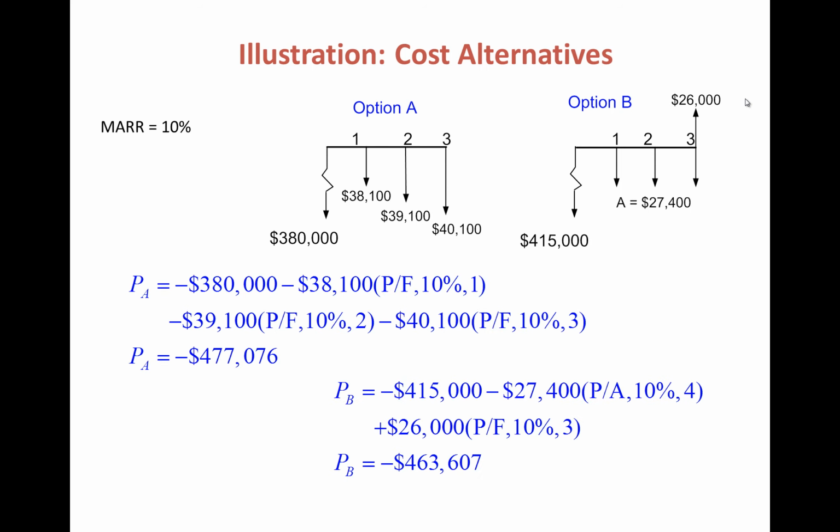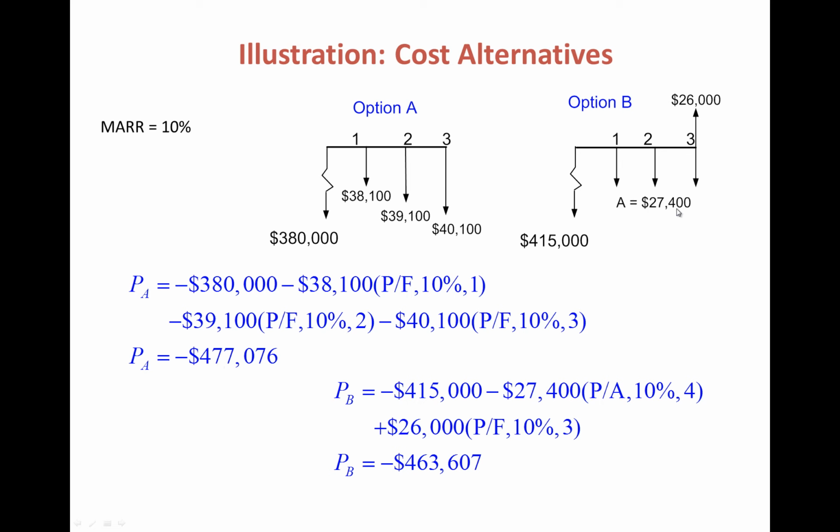And so here are the numbers. If we find the present value of alternative A, you can see there's the $380,000 investment that's made in year 0. And then you're finding the present value of $38,100, the present value of $39,100, moving it from year 2 to year 1, and so from 2 to year 0, and so on. And so the present worth of alternative A is negative